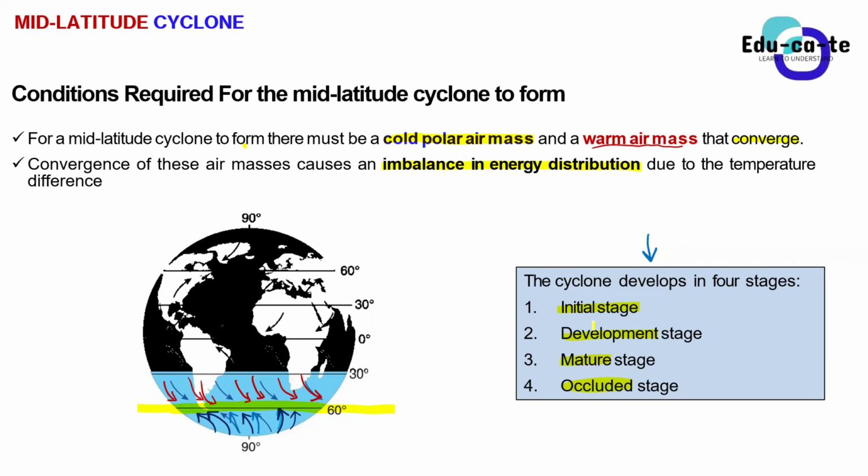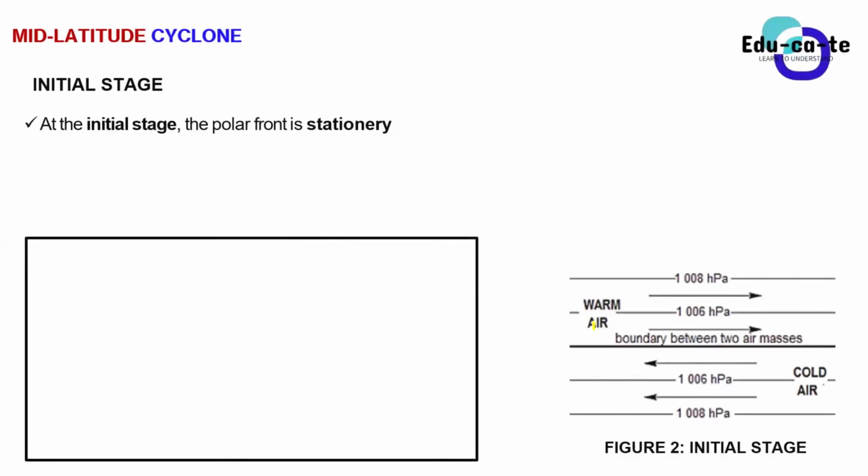So we are going to look at each and every stage and try to see how this ends up becoming a huge weather system, and how this ends up causing a lot of rainfall and all of that, because here we're just having 2 winds that are meeting with each other. So what's the big deal? Let's start with the initial stage. So the first thing at the initial stage, you hear the word initial. What does initial mean? What does it mean?